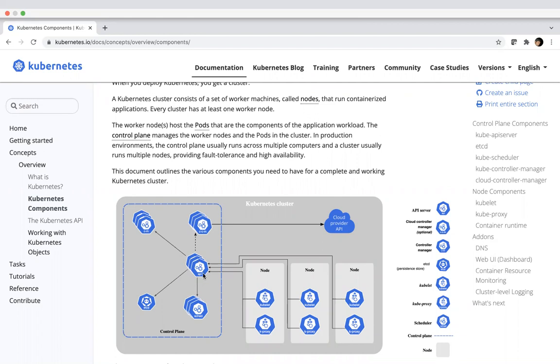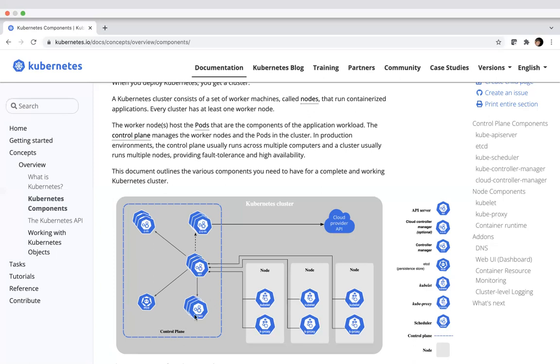API server provides you the communication service between different services and for the kubectl application to interact with the entire cluster. And etcd provides you the key value pair database which stores all the container states. So it stores all the information about the current status of all the nodes in the cluster. So when you have to take a backup, this is the service you take a backup of.